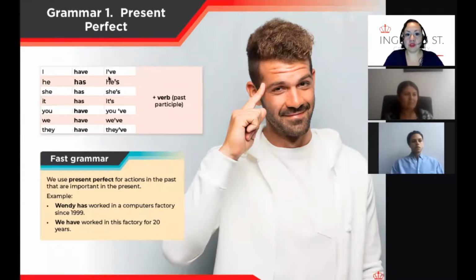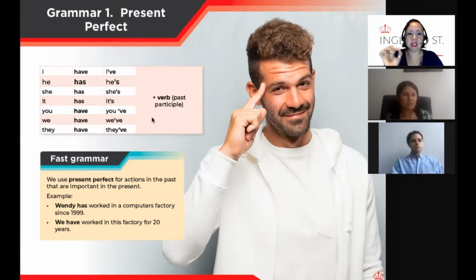For example, in the first one it says I've, apostrophe ve, which is I've. Then he's, she's, it's, you've, we've, and they've. And the rest is we are going to write the verb. But the verb is going to be in past participle, which is the third form of the verb. Not past simple, past participle. For example, you have,